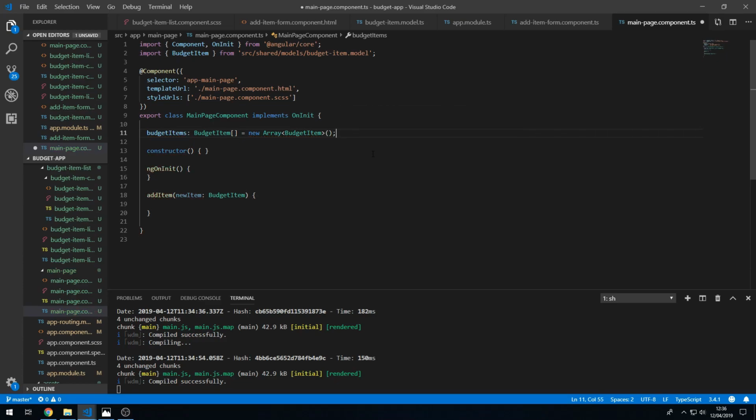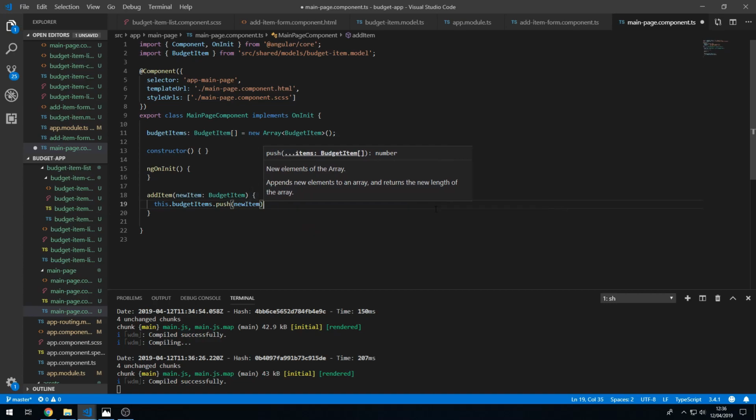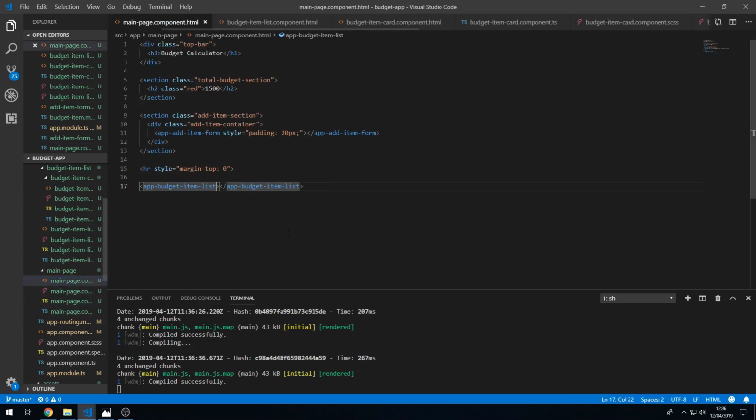And the reason that we are doing this is because we have to actually initialize the array. So save this now, and in the add item method, we can now do this.budgetItems.push and push in the new item. Great. Okay, so now let's go to the template for the main page component,